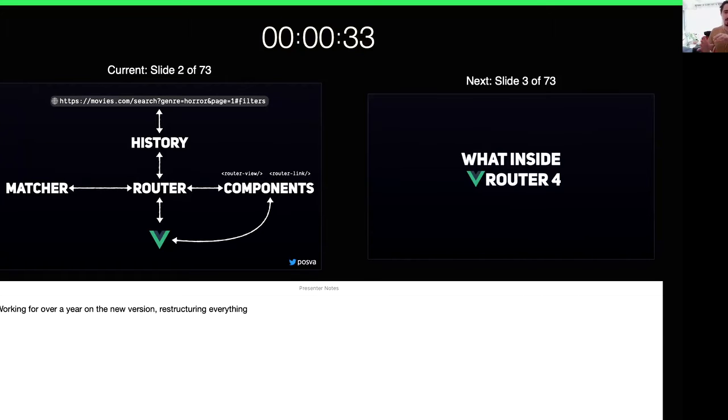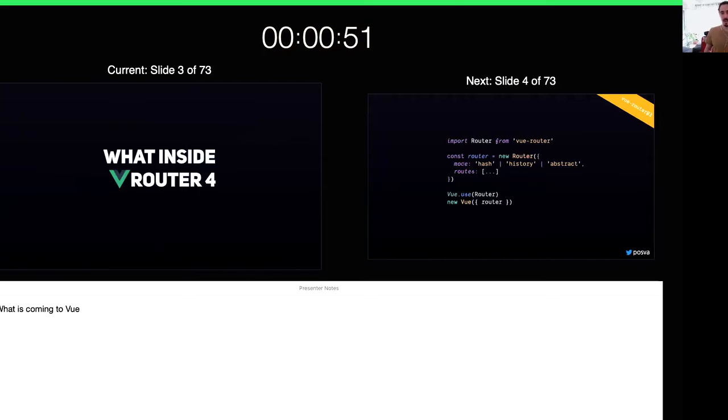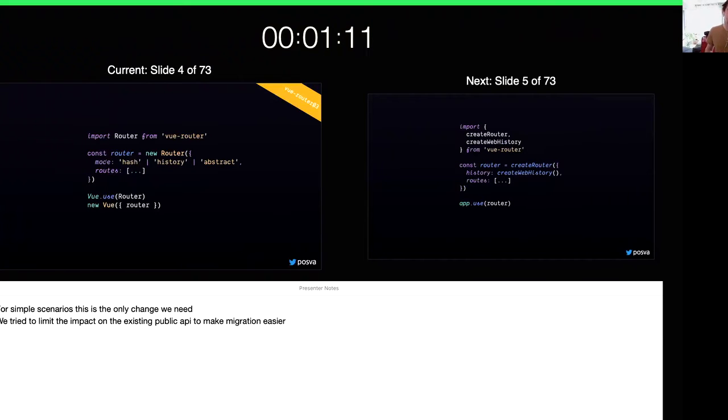These two things, the router and the components, are the only two pieces we really interact with in a Vue application. But in reality, we have a few other things that are concentrated in what we call a matcher and a history. My goal today is to talk a little bit about what's inside ViewRouter 4. That's going to be a lot about the new features that some of you might have used and others not, and also some of the technical choices behind them, and how and why they were made that way. So one of the main ideas of ViewRouter 4 is to still keep a very, very small